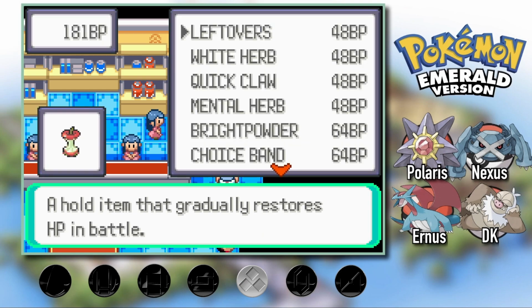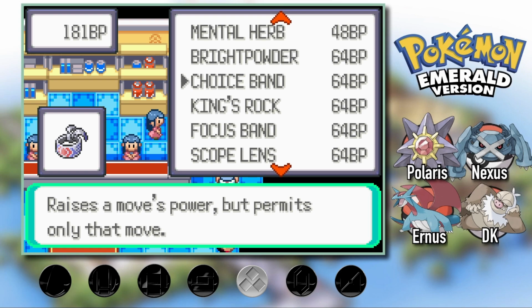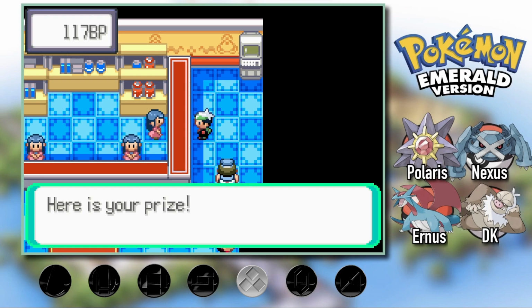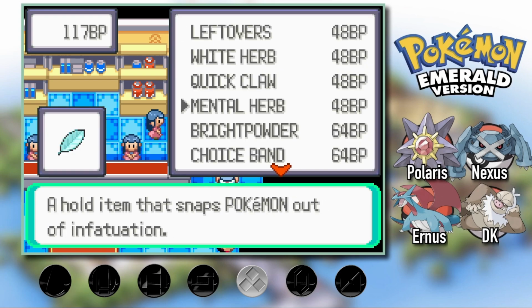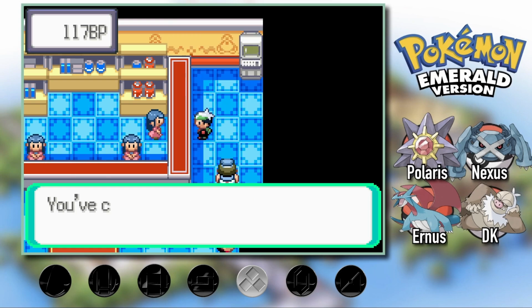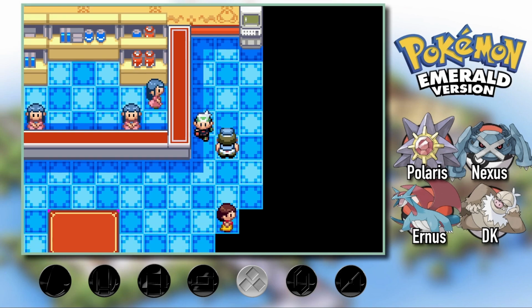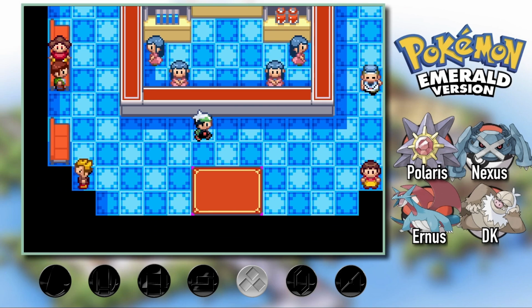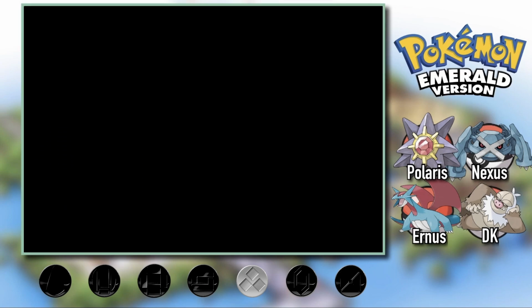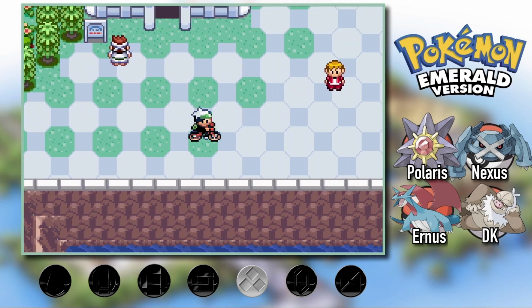Now we are here in the battle points exchange because, like I said, the very first item we should buy, I believe she sells it right here, not the focus band, the choice band. 64 battle points, raises the move's power but permits only that move. Here's your prize. Oh, and I also want to buy the Bright Powder. It's a really good item. I believe it lowers the opponent's accuracy by 10%. Now I bought those, but we're not going to use them quite yet